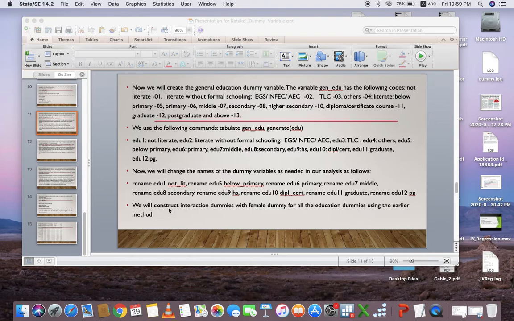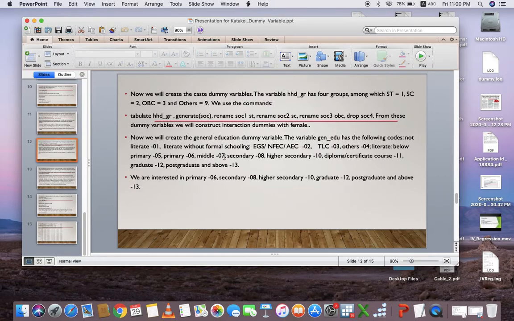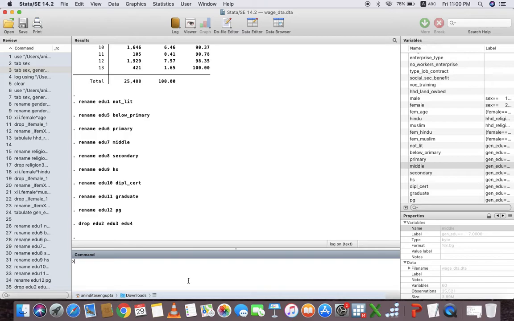Now we have to create interaction dummies with the female for all these education dummies that we have already created. So xi space I dot female star not lit.